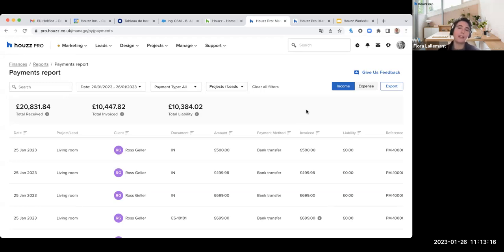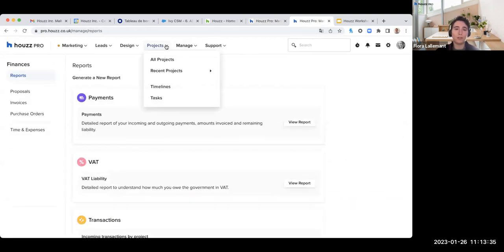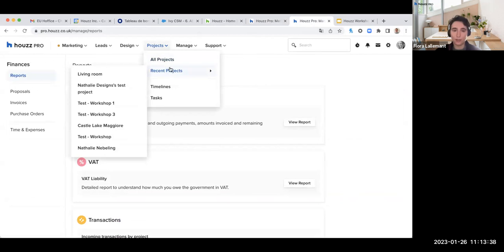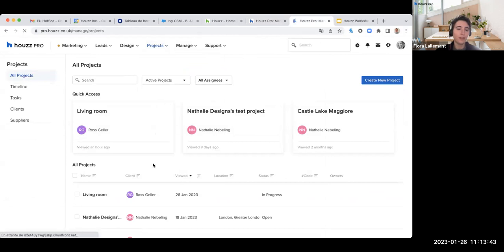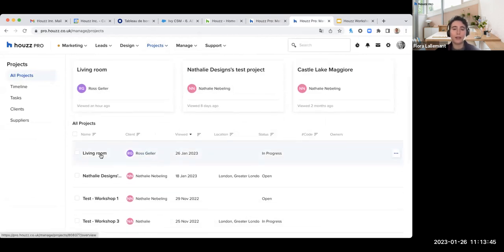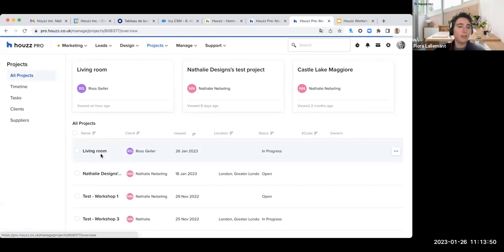So here is what we can see when we are inside a payment report, the general overview of the payment report. Now I want to show you how a document will be reflected in your payment report. So we will take an example. Let's say we will create an invoice, for example. So we go to our project here. As you know, to create an invoice, we have to create it from an existing project. So I take this project, living room, for example,